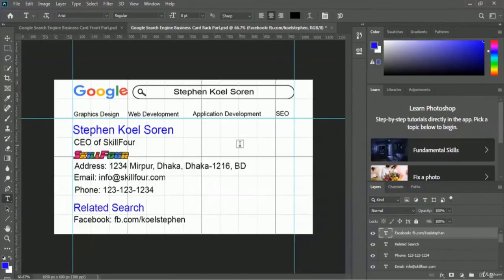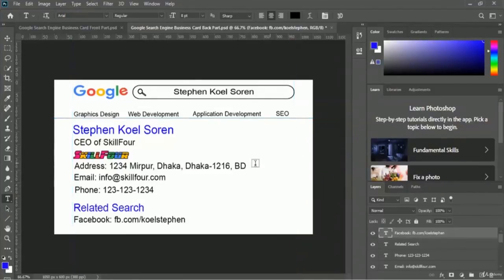You just have to press Ctrl and apostrophe sign from your keyboard, and if you want to hide this line, you just have to press Ctrl and H button from here. So this is the exact view of your back part, and I'm pretty sure you will like this simple but